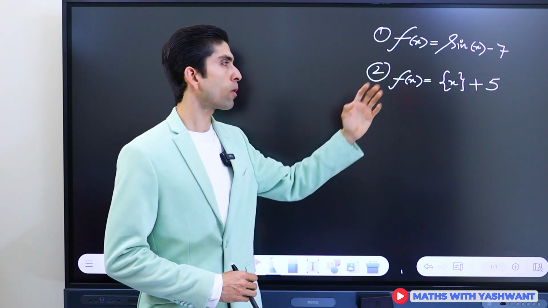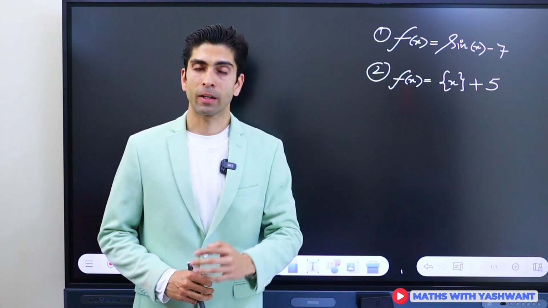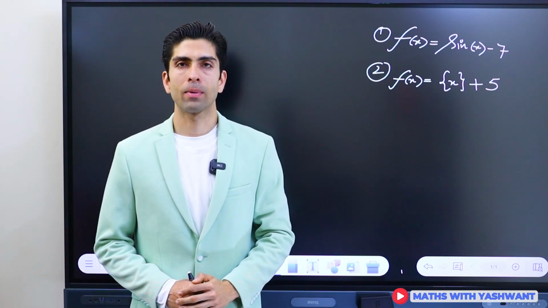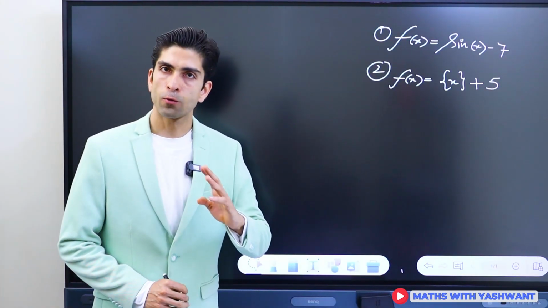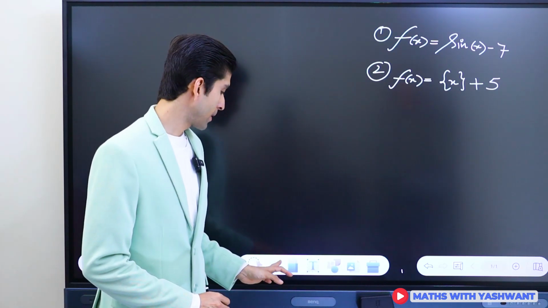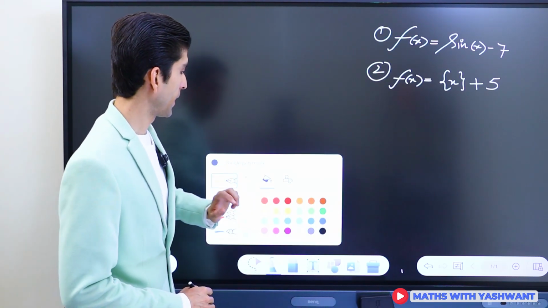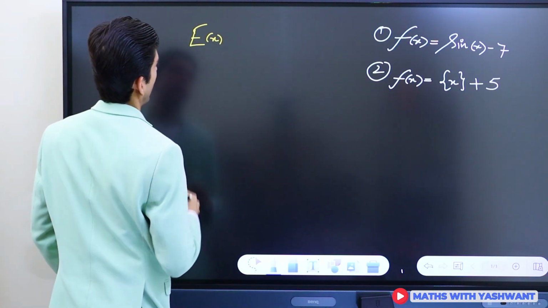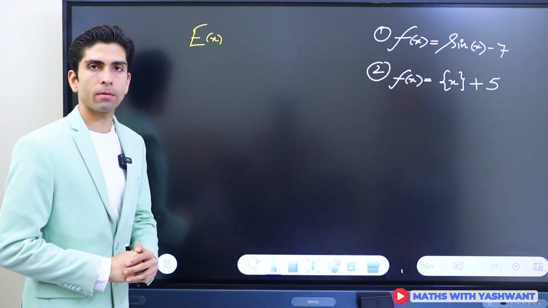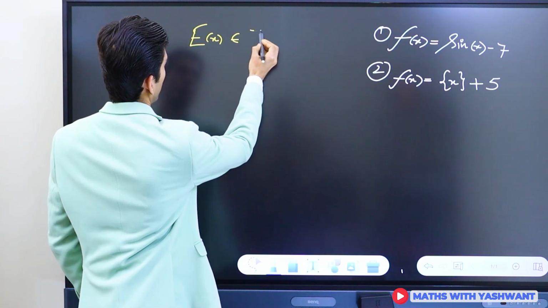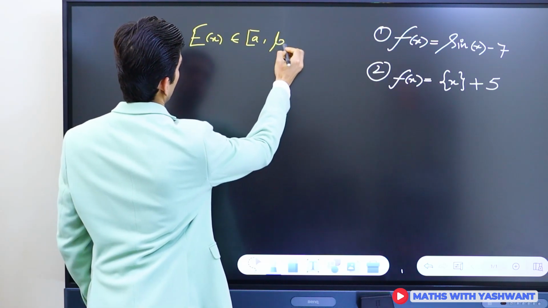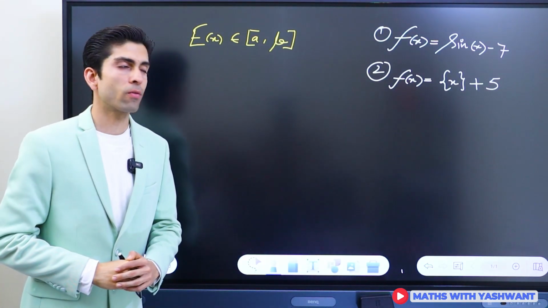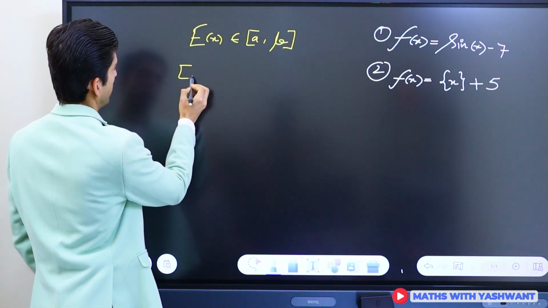And before we get into solving these problems, I would like to say a few basic concepts for finding range. And perhaps many of you might be aware of it in advance. So the first concept is, let's say we have an expression e of x, and let's say its range is given as closed A to closed B, and we are asked to find the range of e of x plus k,